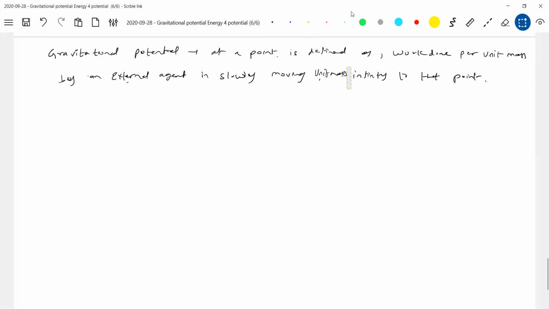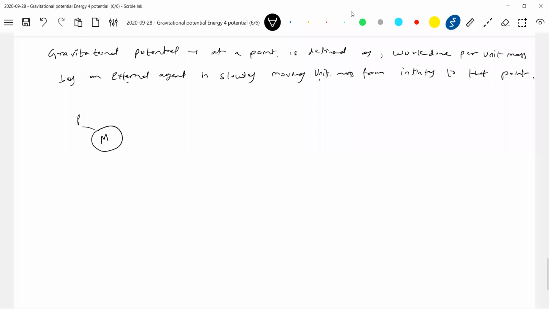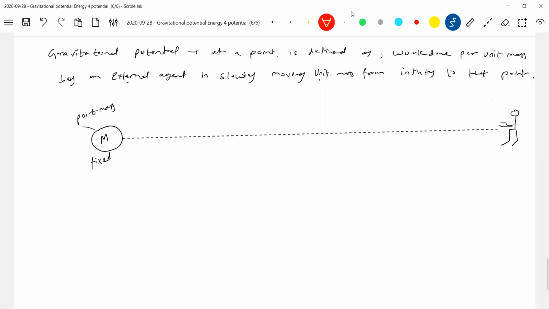Unit mass. There is one definition that S.C. Verma is giving. So the same thing I've just picked up here. So let me take a point mass, and it's fixed here. Okay, there's an external agent, and he'll be holding that test mass, or you can call it a point unit mass. And he'll move slowly. So initially it is at infinity. Finally what will happen? He will come to the